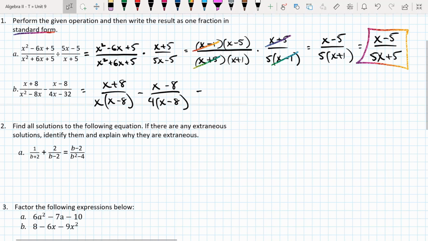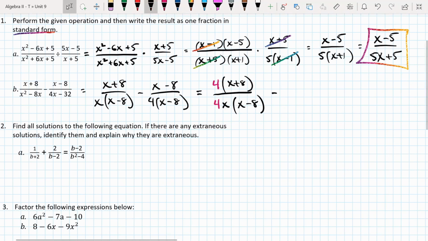In order for us to be able to make this subtraction, the denominators of both of these terms have to be the same values. To do that, what we're going to do is multiply the first term by an expression that is equivalent to 1, and that is going to be 4 over 4. So 4 times x plus 8 over 4 times x minus 8,